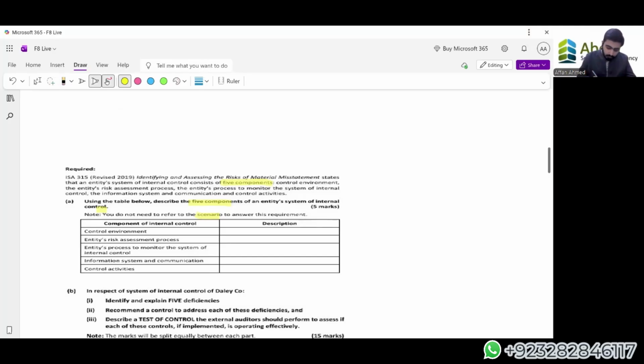Okay. Now moving on towards information system and communication. This basically focuses on whether we have a system that initiates, records, and gives us an output, or an input-process-output system made efficient enough that misstatements or errors, if tried to be input, can be caught. If there is any process override, we have an exception report there. If there is any kind of contamination between the process from input to output, that is highlighted by the system. So input, record, process, and output, all of these four things are established adequately or not.